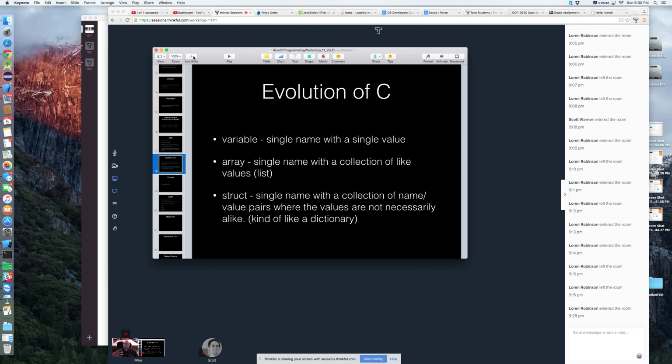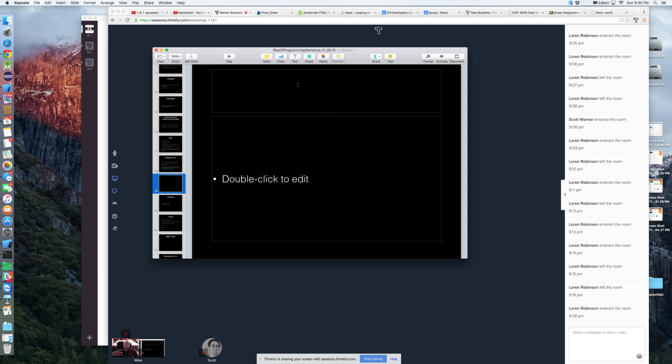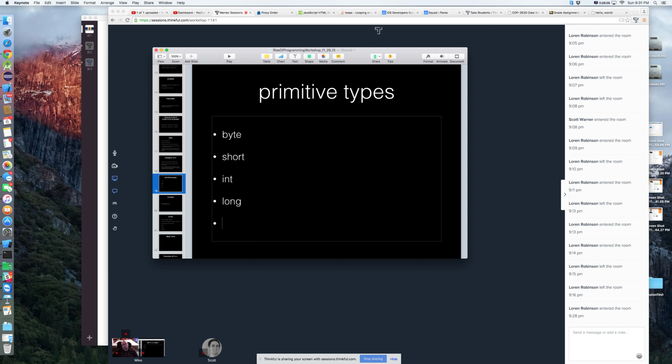The first thing I like to do, specifically with C, is look at C's primitive types. Again, this is talking about variables in C, the built-in variable types that were built into the language. So we had the byte type, a short, an int, a long, a char, a float, a double, and a bool, the Boolean type. We'll leave it at that for right now. So what are these types? Well, a byte holds whole integers.